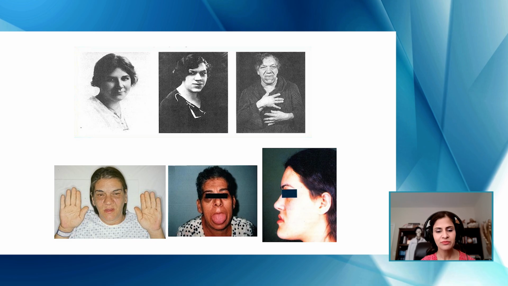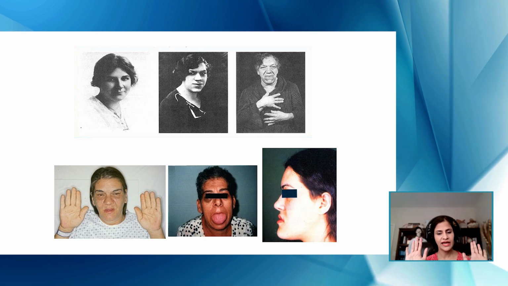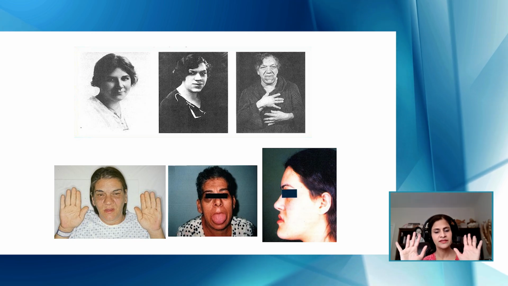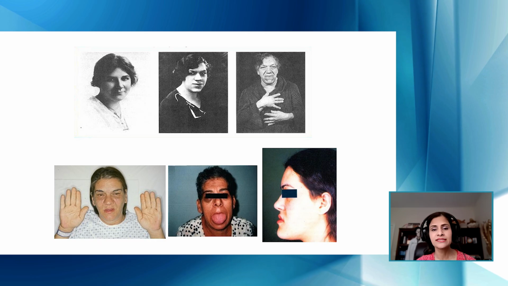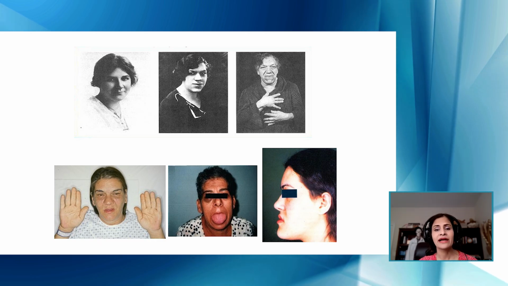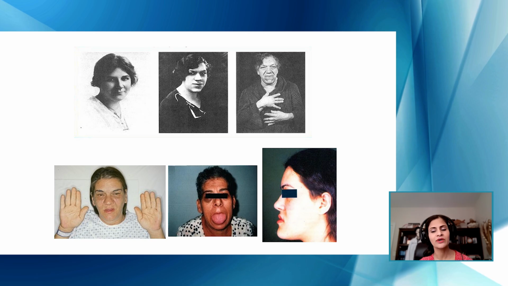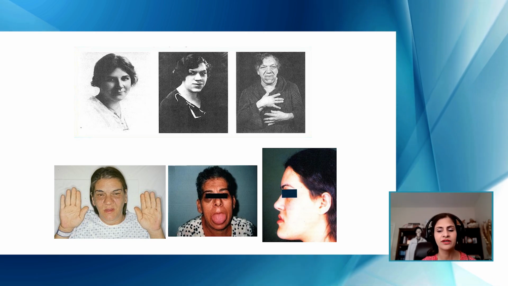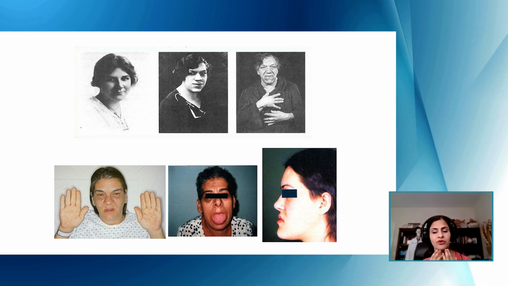And then if we look at the pictures down below, we see a woman with her hands up like this. You can see that her hands are thick, swollen, and large. And then in the middle picture, we see a woman sticking out her tongue at us, and that shows macroglossia, where the tongue is almost too large to fit in her mouth. And when she sticks it out at us, we see indentations of her teeth on her tongue. And then this is a sideways view where you can see the prognathism, where the jaw has grown and become